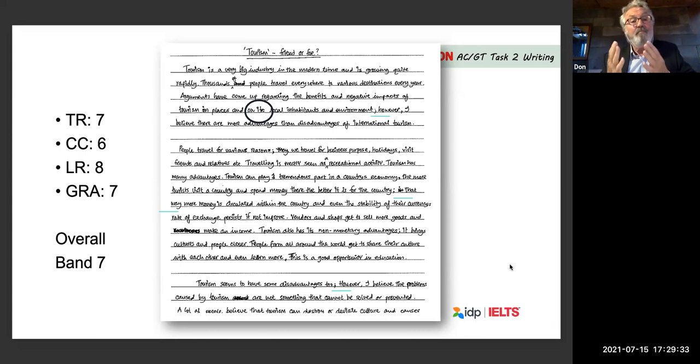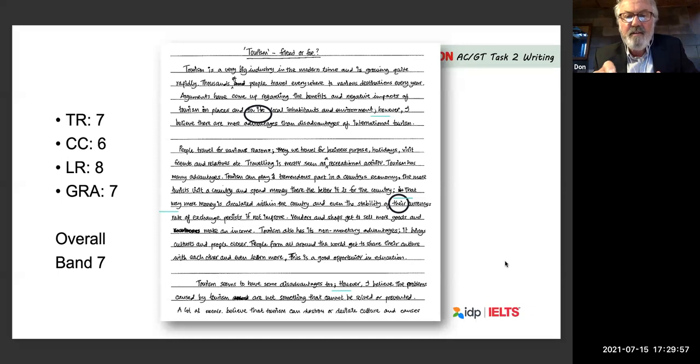This is a problem with cohesion because the reader thinks, well, what does it refer to? It can't be places because places is plural and it is singular. We go on and we see